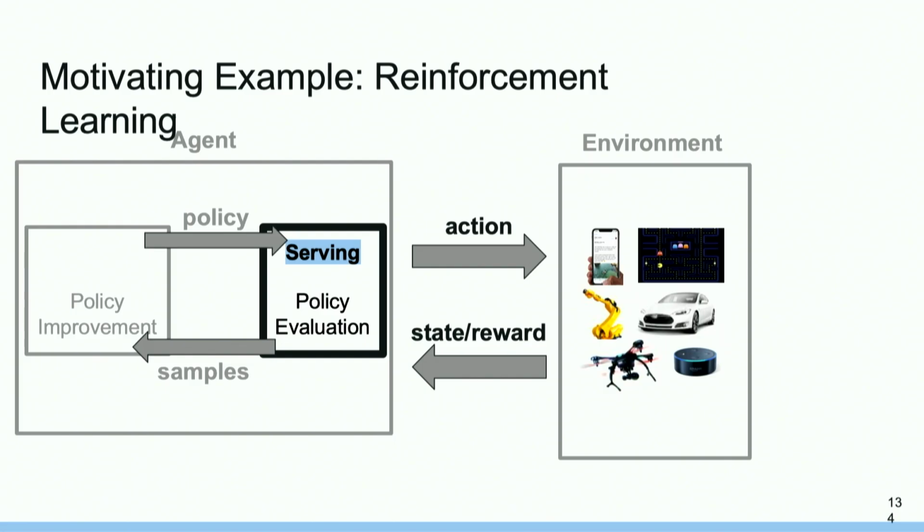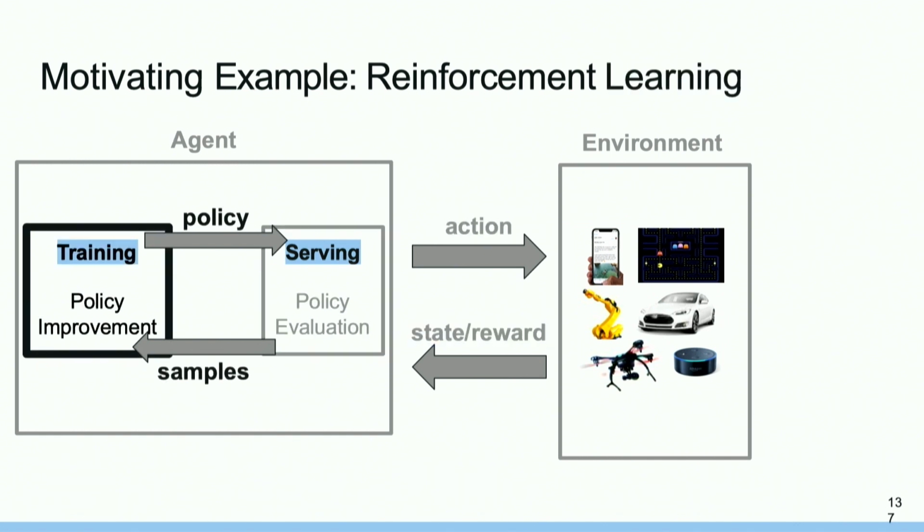So we have several parts of the ML ecosystem here. The policy evaluation is really a serving system, which, given some state, computes some action. The policy improvement phase is really a training system. So here you're going to use all your data and also the reinforcements you get from the system. So how did you do, for example, in the AlphaGo game? Or did the robot do its job correctly? And then given these rewards and the states and actions, we can compute a new policy which is going to do better in the future.